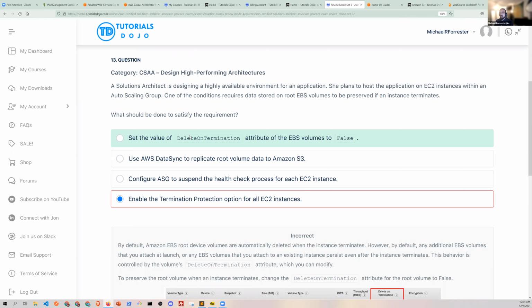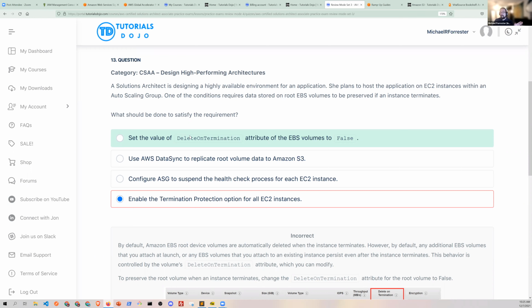But I mean, that's just going to give you backups. They're saying we want you to preserve the EBS volumes. Well, the only way to do that is you have to tell the EBS volume that I do not want you to delete on termination of the EC2 instance. So there's the delete on termination attribute for EBS that says, hey, if EC2 gets deleted, don't delete the volume, right? And so this way, by the way, your volumes will stay in even as the EC2 instances are deleted. I just want to point this out.